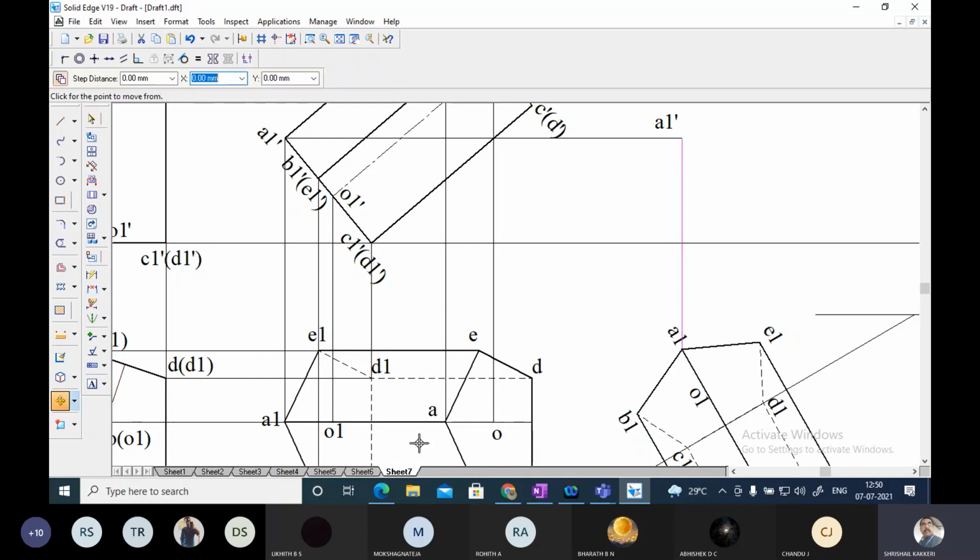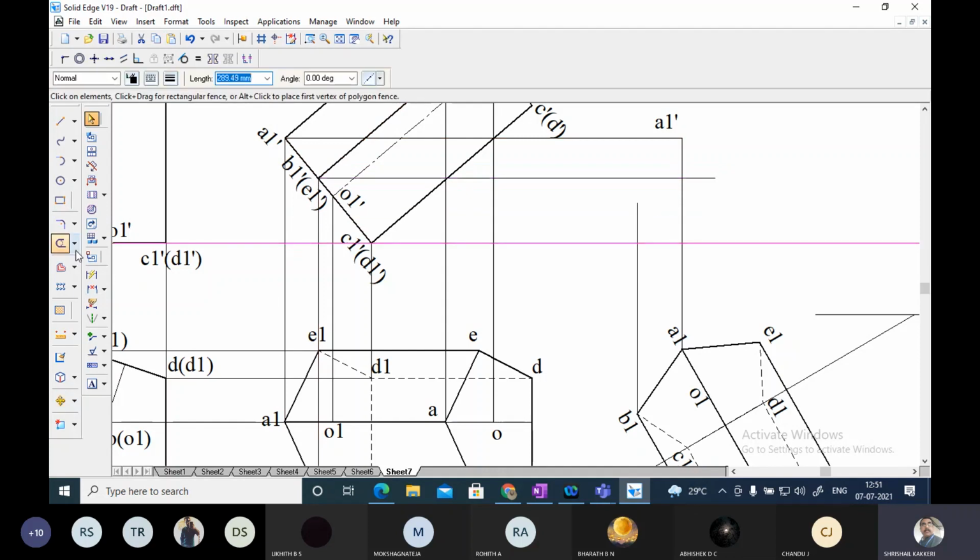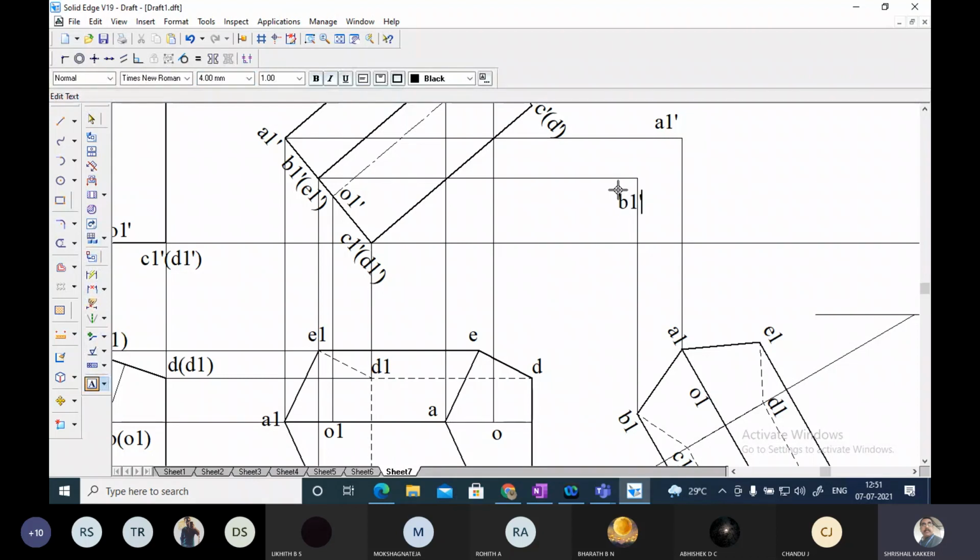Okay, go to P and write a line from P. Okay, I have written a line from P, and this is B, and trim this, and this will be point B. This will be B1 dash.